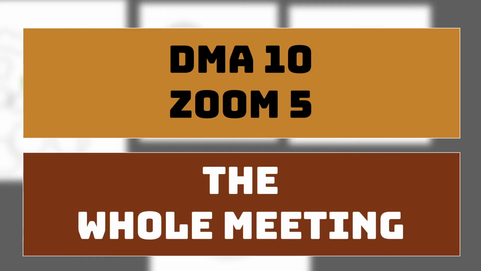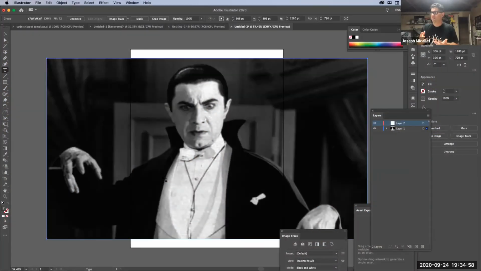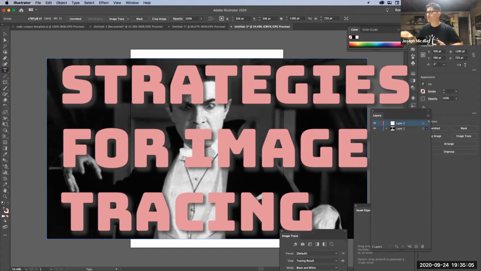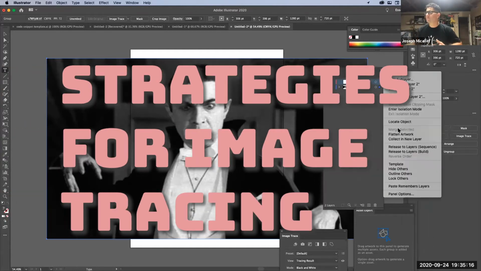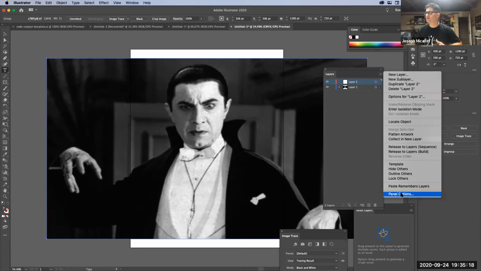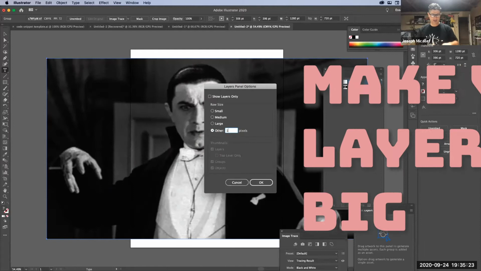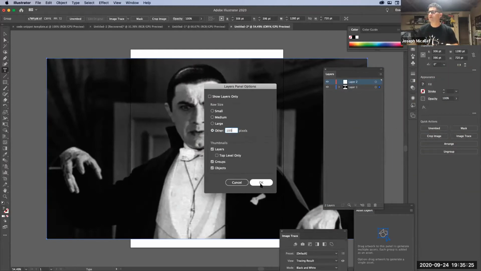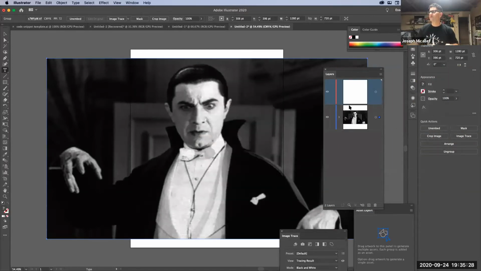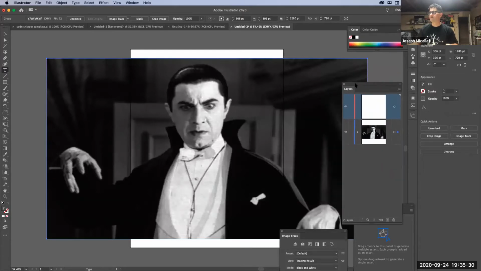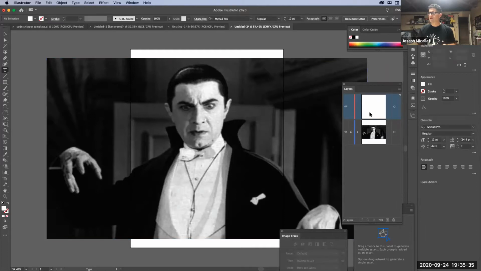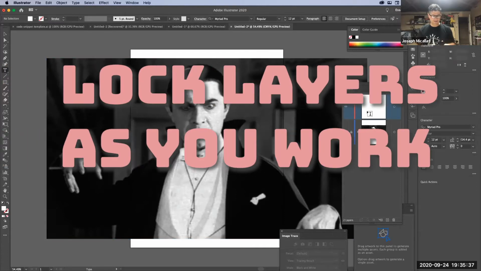What I was saying is, if I grab an image, I'm going to copy it and either paste it again at a later point or paste it into a couple layers. So I'm going to go into my layers here. The other thing I like to do is I always like to make my layers really big. So I like to go into the options and make it big enough so I can actually see the layers themselves as I work. And then I will lock that first layer, go to the second layer and Command V,